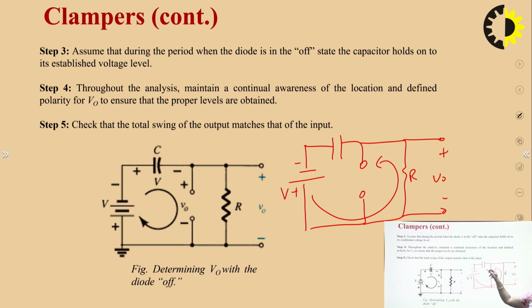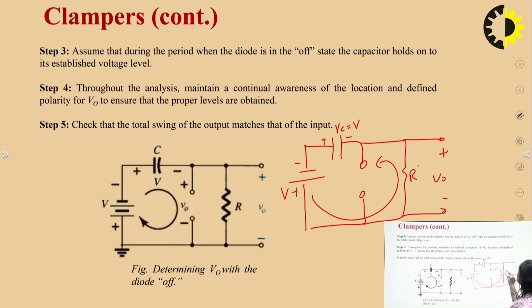So the capacitor will not discharge, and it will not charge again by this voltage V. It will retain its polarity and the charge it obtained in the previous cycle. It will hold its charge, the Vc equal to V that we obtained in the last slide, with the same polarity. When the diode was forward biased, the capacitor was charged up to the voltage Vc with polarity plus minus. When the diode is in reverse bias, the same charge will be held by this capacitor.